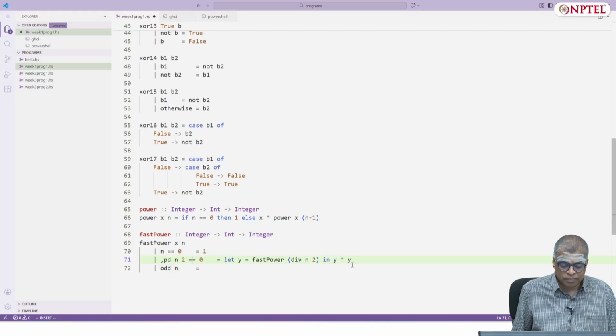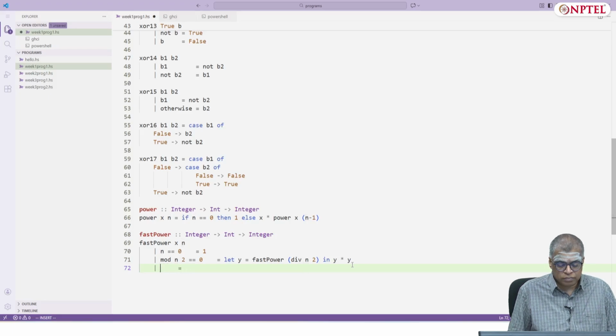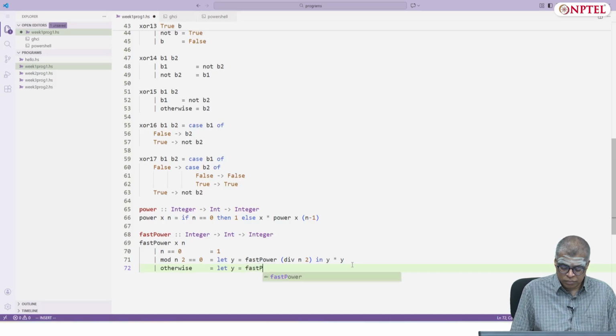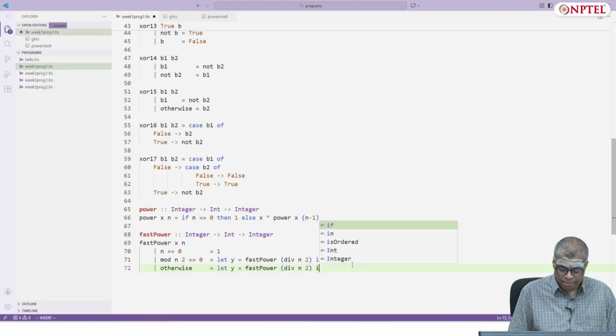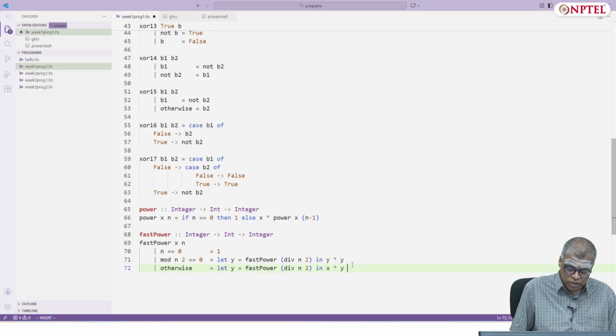In the odd case, you say let y equal fastPower x (n div 2) in x * y * y.